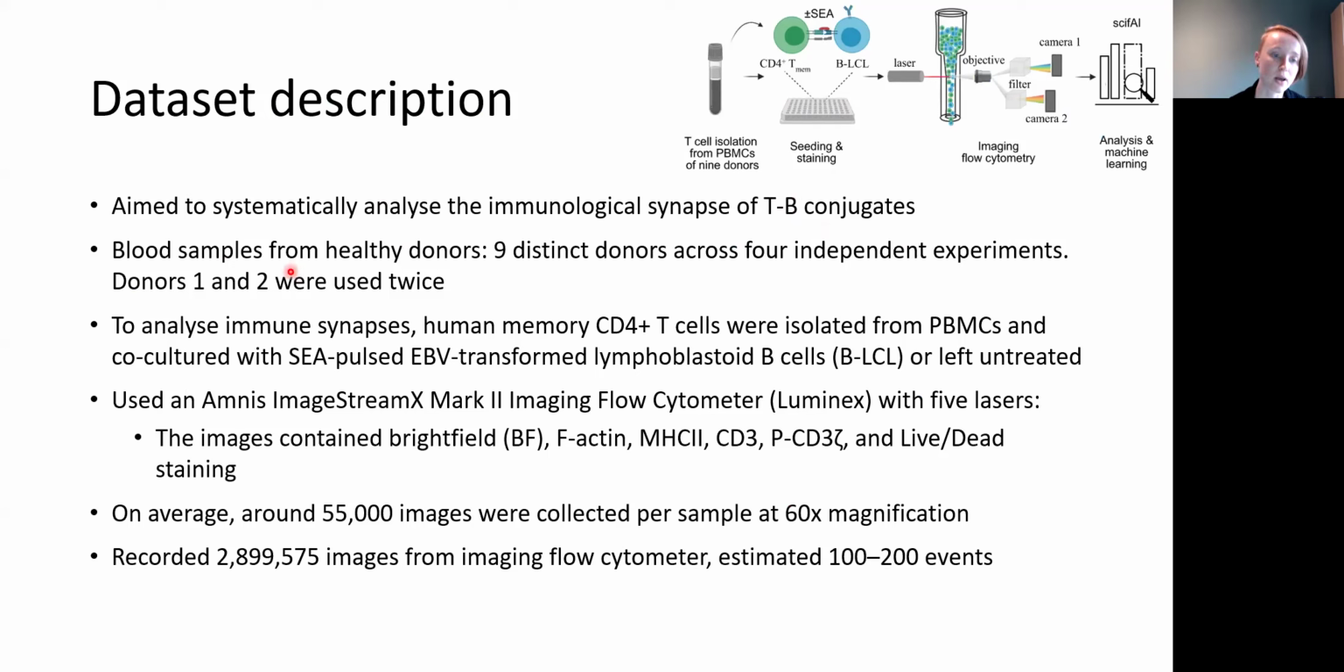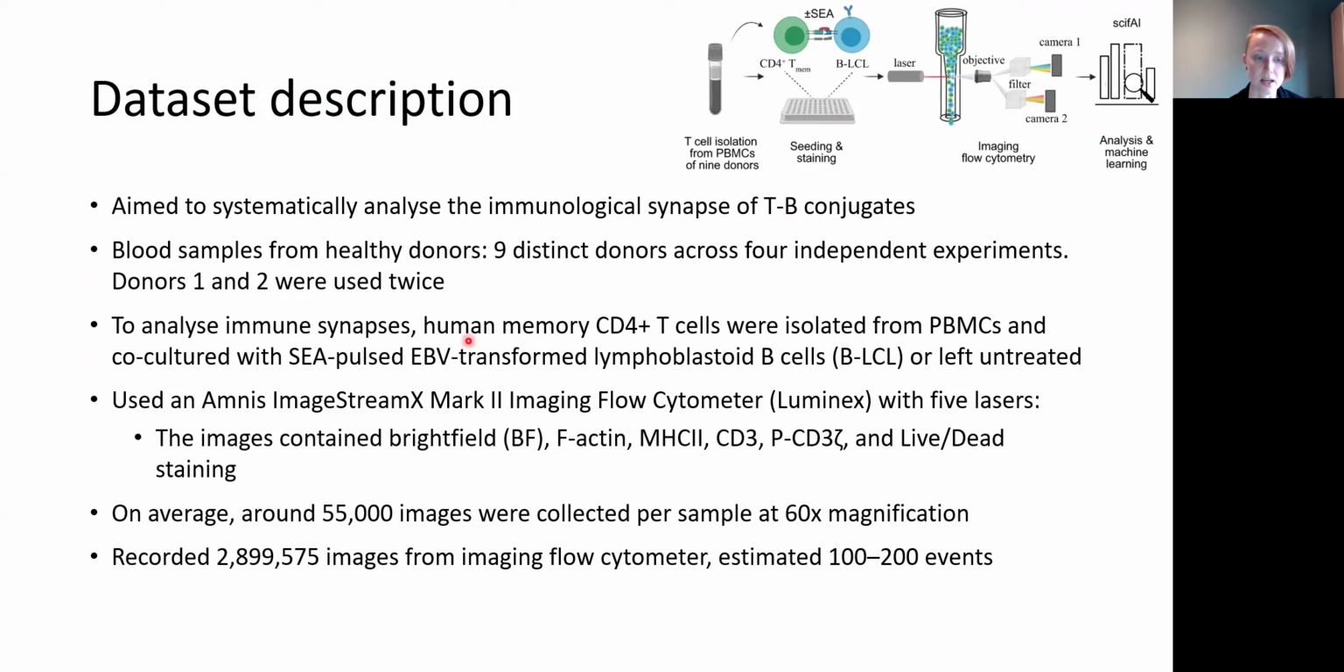So they've got blood samples from healthy donors. In this case, they actually only have 9 different donors, so it's not on a large number of people. And they've done 4 independent experiments. But as we will see, they end up with a large number of images that they use. A couple of their donors were used twice across different experiments,